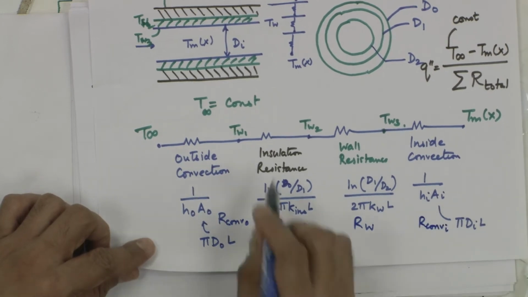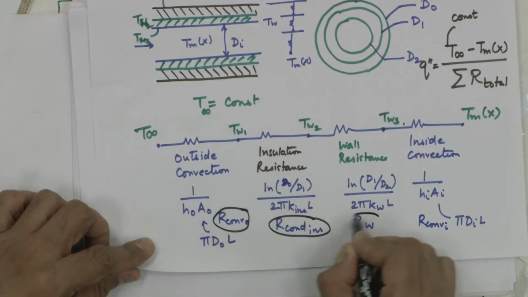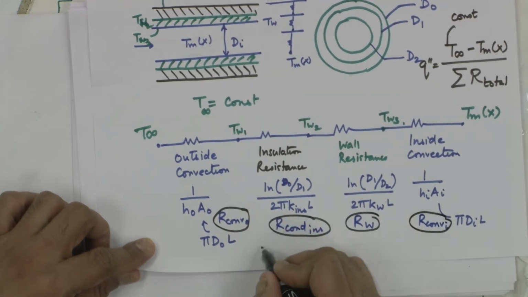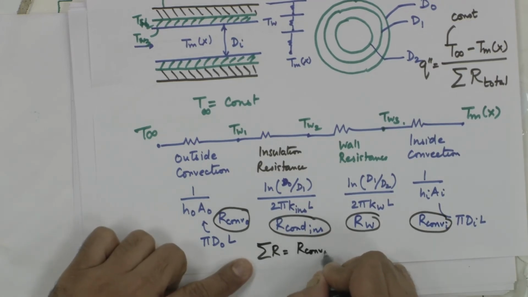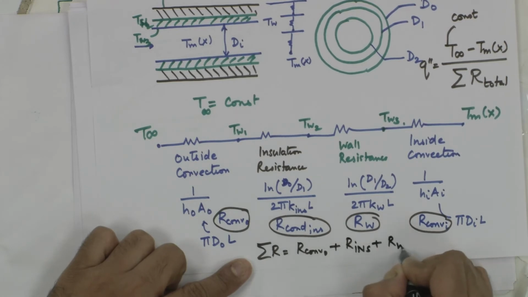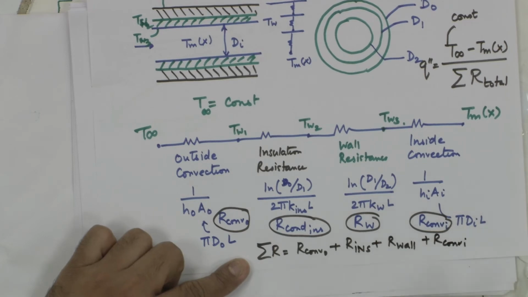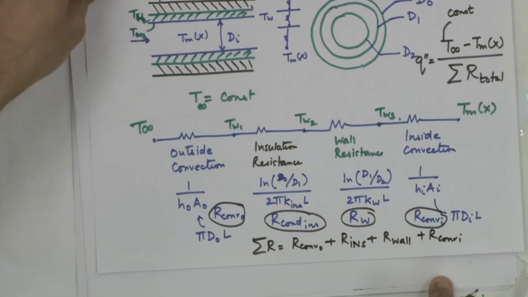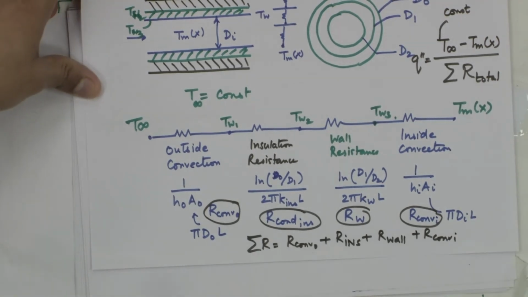This is 4 resistances, 1, 2, 3, 4. This summation of R is nothing but R convection outside plus R insulation plus R wall plus R convection inside. These 4 can be calculated knowing the dimensions and the outside and inside heat transfer coefficients, and the total resistance